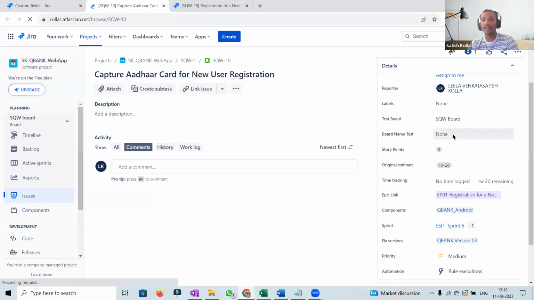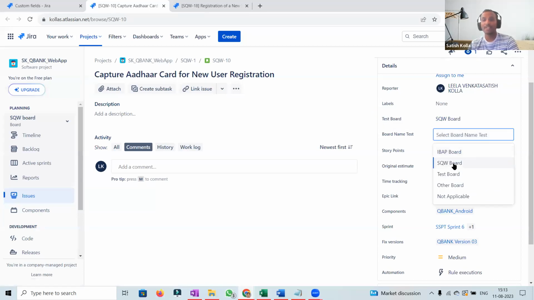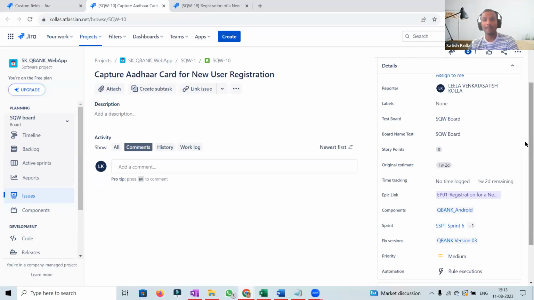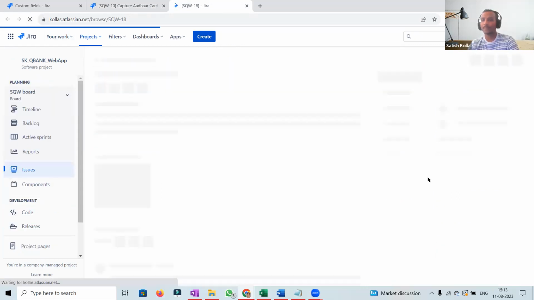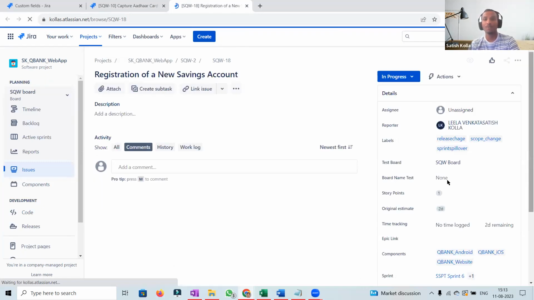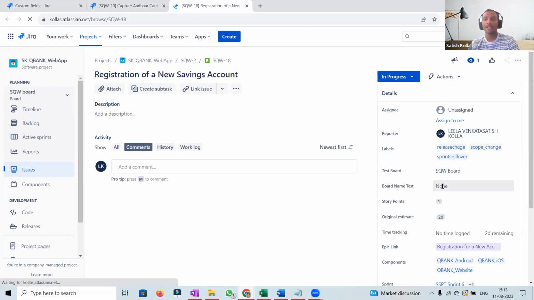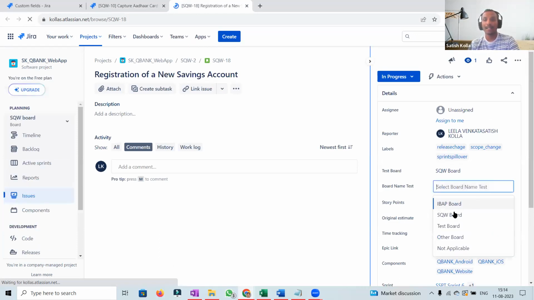Click on it and select which value you want to update for that board name test field. Same way I'm doing it for another issue. I'm refreshing the screen so that the new custom field which was created will get displayed. Again, I'm selecting the